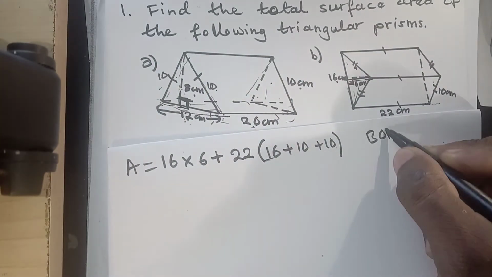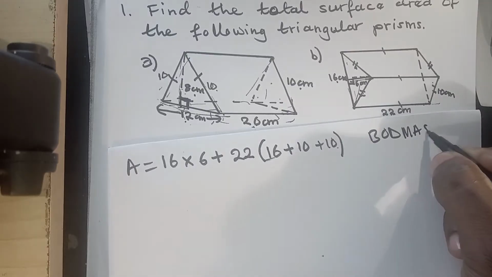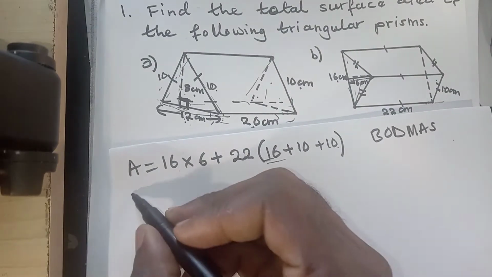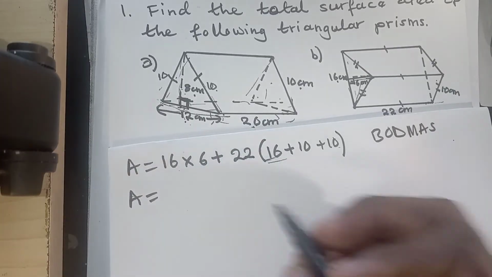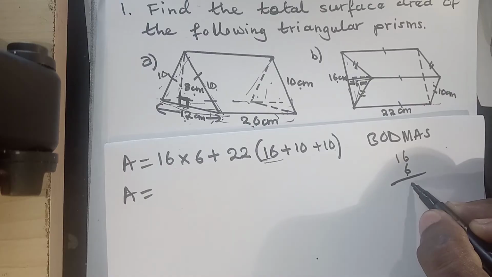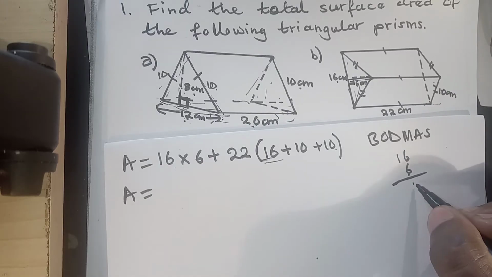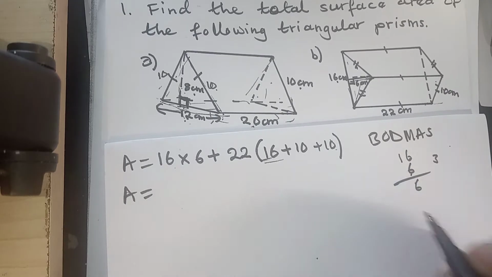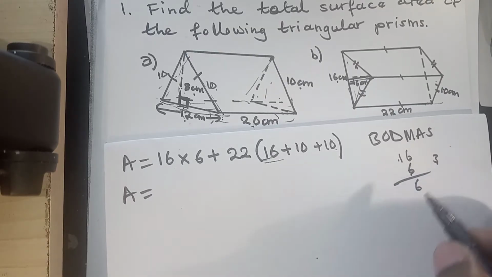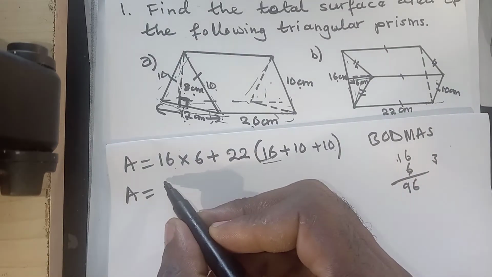According to BODMAS, we can start with the brackets, but since this is independent of the brackets, we can also multiply these. So you can say 16 multiplied by 6, this is 96. This times this is 36. Then this times this is 6. 6 plus 3, we have a 9. So this is 96